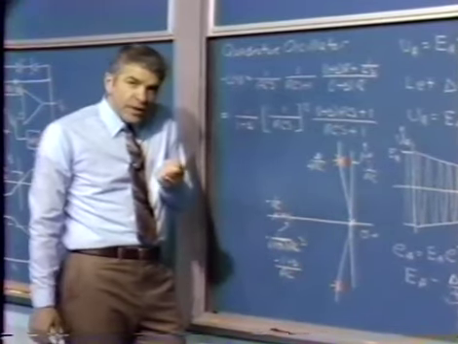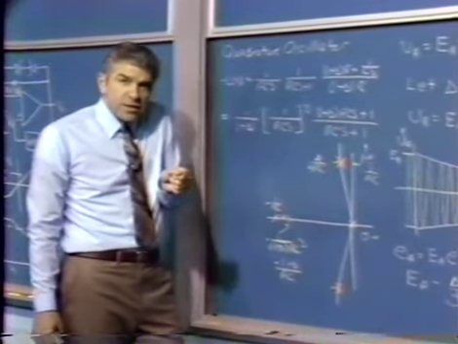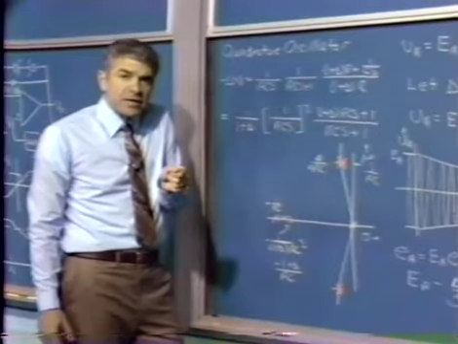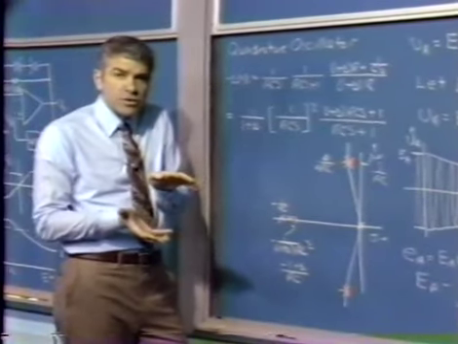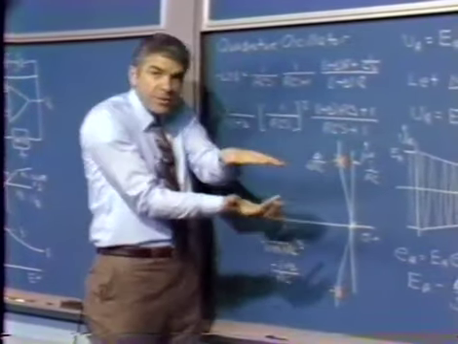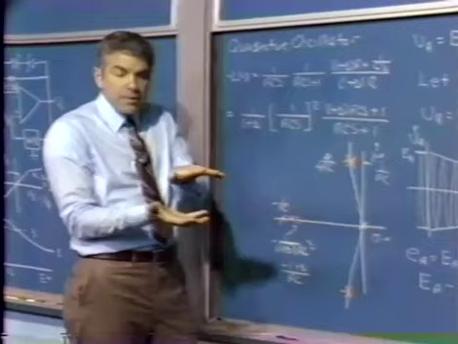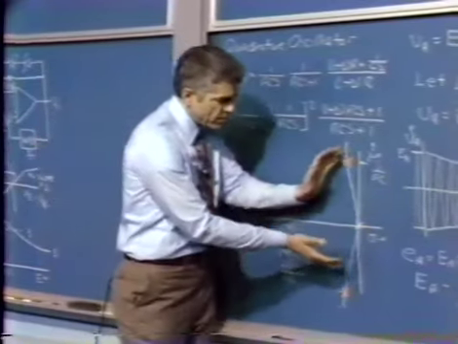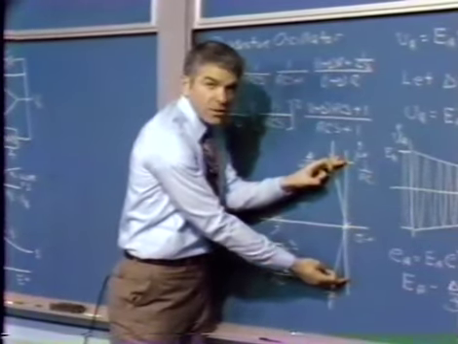What we would do is increase delta, make delta positive if we found that the amplitude of our oscillation was too large, because that would move the closed loop poles to the left half plane. The amplitude would begin to shrink. When it had shrunk back to the right size, we presumably would change delta such that the closed loop poles